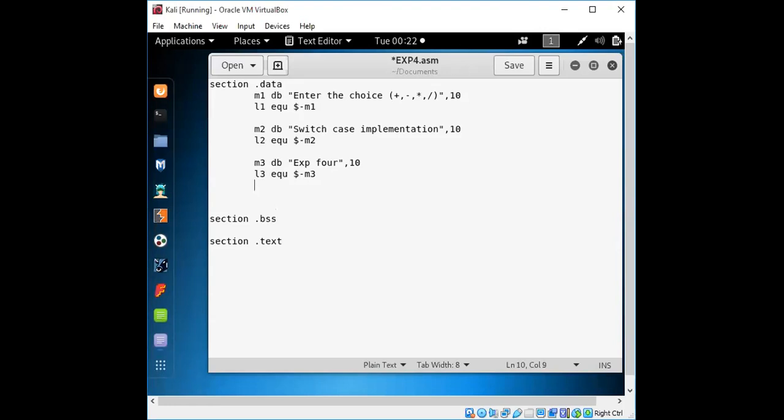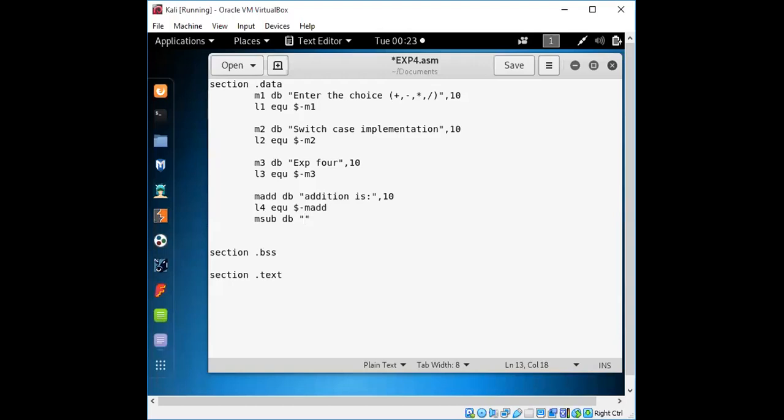Now we'll get with the output, whatever output that we are going to add for this. What addition is. Right.